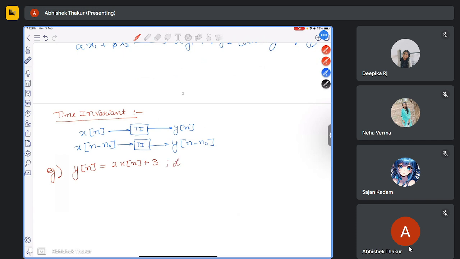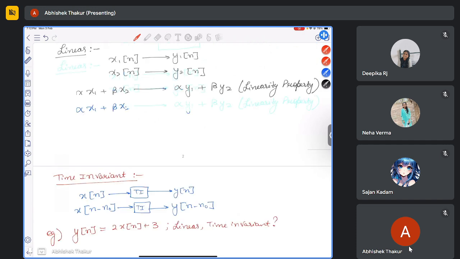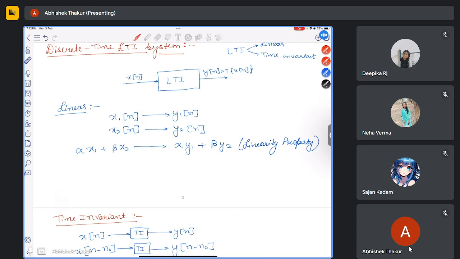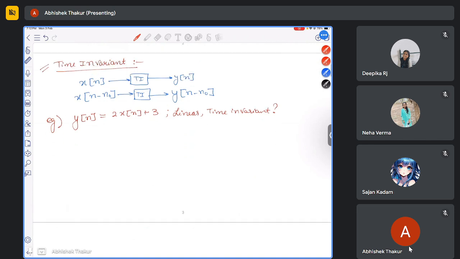Is it linear, time invariant? So how will we check? We will check with the properties we have studied for linear and for time invariant. So for a linear system,